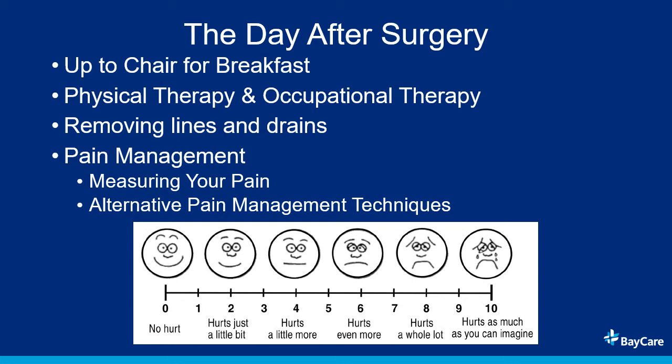We are working towards a reduced opioid consumption after joint replacement surgery, and our multimodal approach has helped reduce pain with other techniques, ultimately decreasing narcotic needs. Other medications that are utilized are anti-inflammatories and low-dose steroids to help reduce swelling and pain initially after surgery. We also give you black ice wraps here in the hospital to continually ice your hip or knee. This ice pack does get to go home with you, so that way you are able to continue icing once